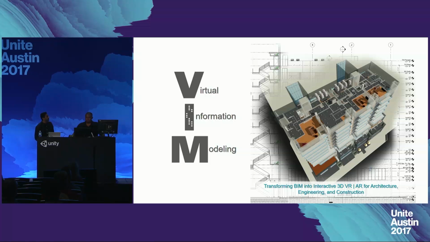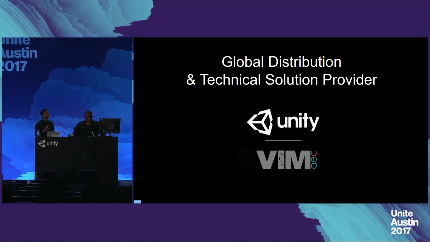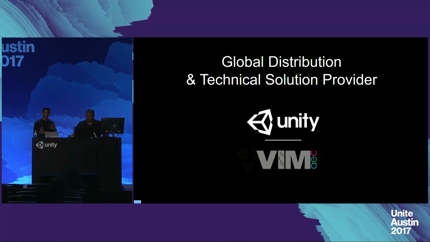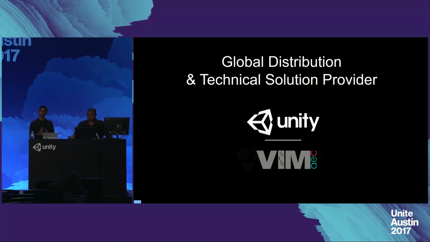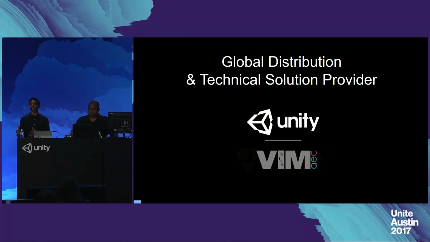of their firms. So VIM basically stands for Visual Information Modeling, and VIMaec is the technology solution partner and also the licensing distribution partner for Unity. We manage and service the AEC industry in North America and in the UK. And what we do is look after your licensing requirements. We have a support team behind us who are dedicated and trained in the AEC market space.